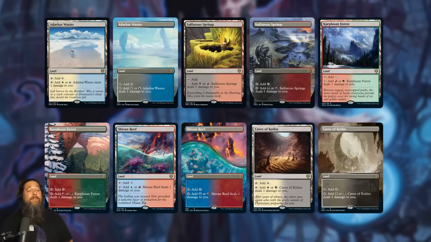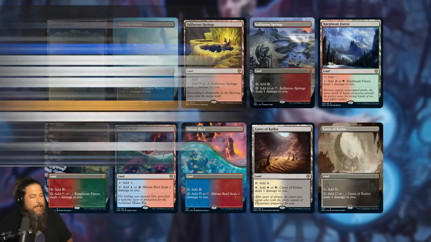So the enemy versions of the Painlands have been reprinted a million times, like Shivan Reef, Caves of Koilos. There's a million of them. They're super, super cheap. They're in every format except for Standard, and now they'll be in Standard. On the other hand, the allied versions, Adarkar Wastes, Sulfurous Springs, Karplusan Forest, these ones have hardly been reprinted at all, to the point where they're not even legal in Pioneer, and they're actually kind of expensive, at least